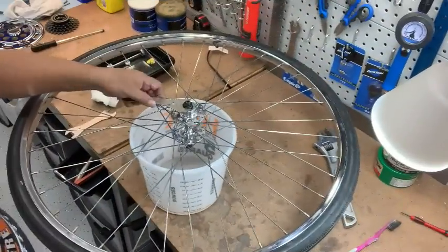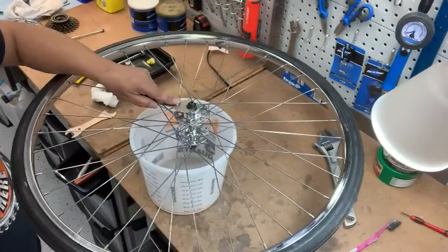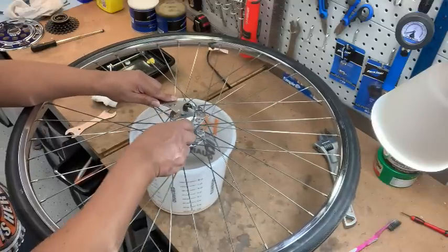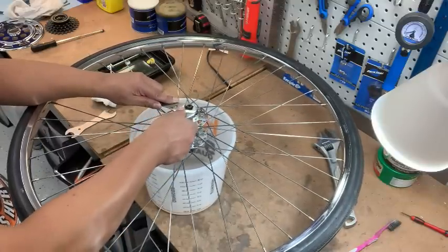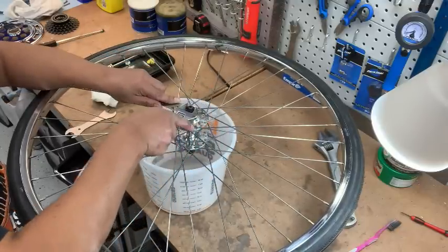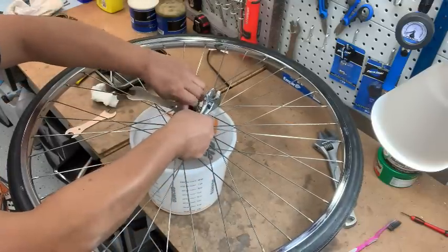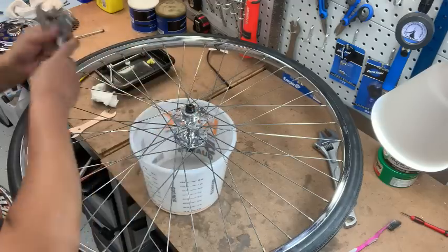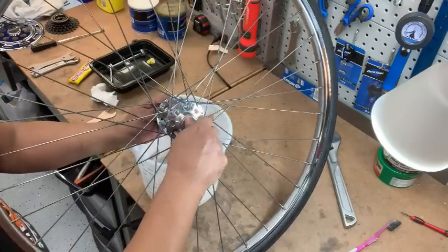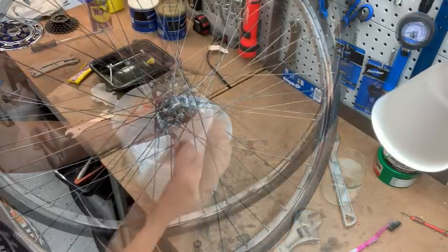So it's a cone wrench size 16, and that goes on the bottom nut there, and then you get this one here like this. And I pre-loosened it, but you loosen it like this, so you go the opposite way. And then once you take that off, you should be able to just take it off with your hand, and you want to hang on to this one in the back here. And then you undo the cone